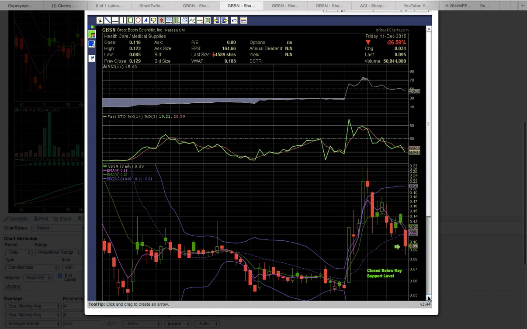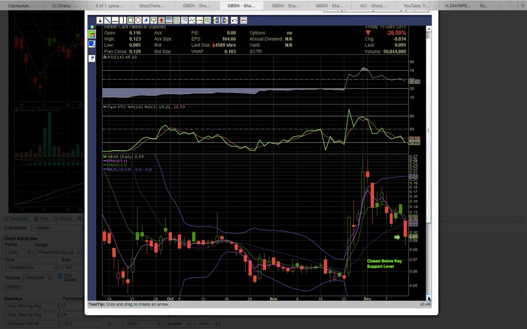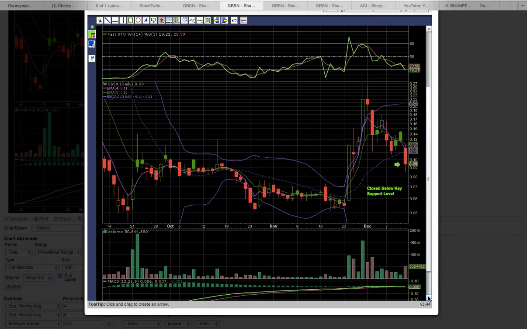And if you look at the next chart, this is another daily chart, and this is showing the Bollinger Bands and EMAs 4 and 8. And as you can see here, there's this close. The middle Bollinger Band is the dotted purple line currently at 11, and there was a close below that level on Friday. And so that close is signaling downside risk, because on this big flag candle,